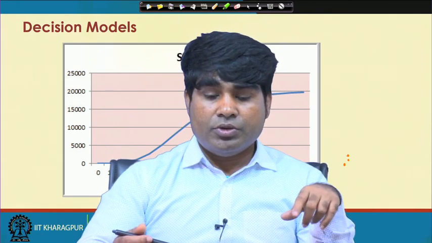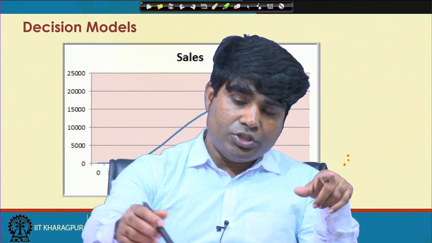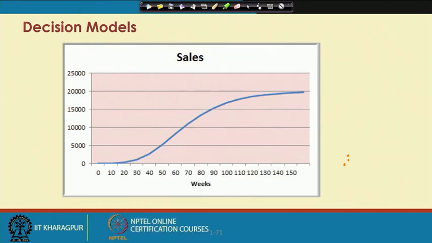So, we have weekly data, and once you plot all these, you will find the actual trend, and on the basis of this trend you can fix a particular functional form, right. There are many different ways you can detect the particular functionality. Regression is one such technique through which the data can be transformed into a particular mathematical equation, and that equation can be useful for any kind of further prediction or